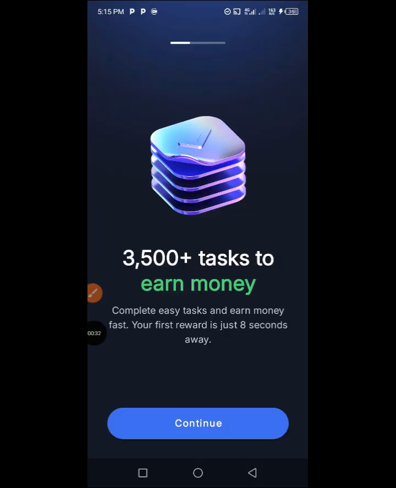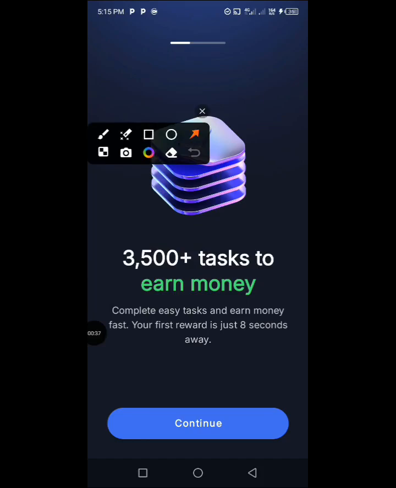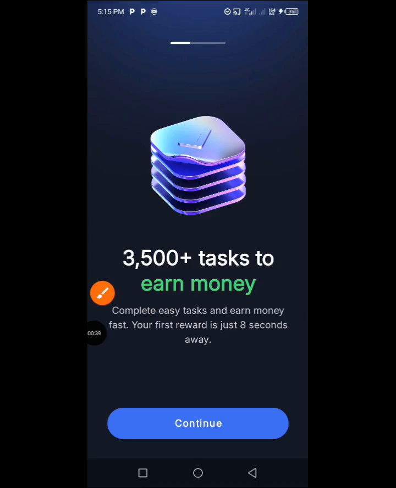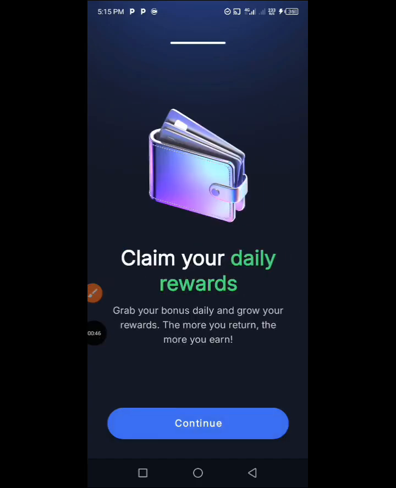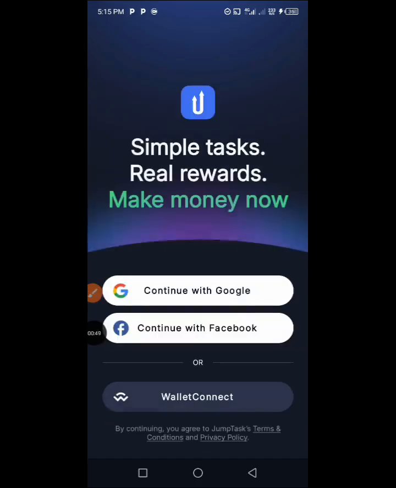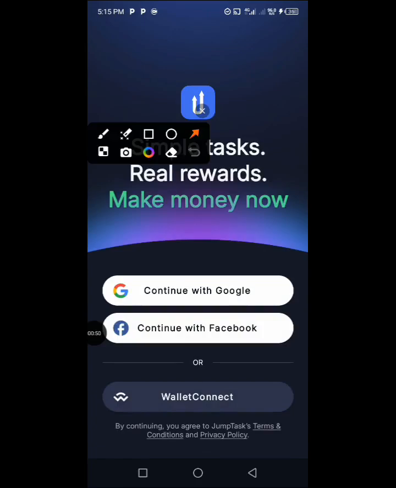Let's get started. The first thing to do is to click right here, open the link I'll be dropping in the video description, open it, and then click on that continue button right there. Then click continue again, claim daily reward, because you are going to be claiming a daily reward. Now you'll be asked to continue with your Google or your Facebook. All right, so just go ahead and click on continue with